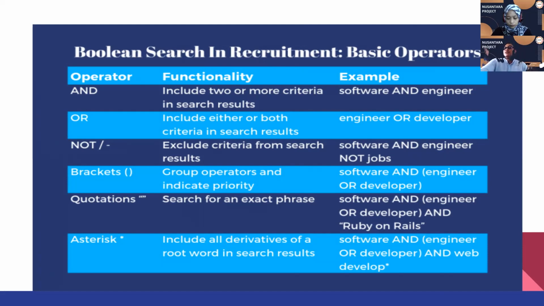If you don't add Boolean search when finding literature, the result is very huge data. You can try now. Open your Chrome or Internet Explorer and just type software engineer, and you can find